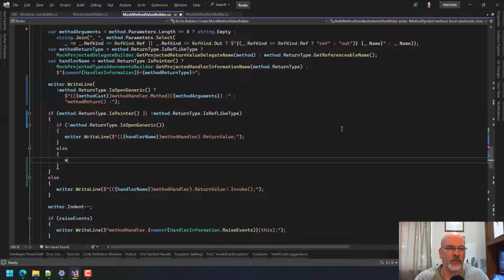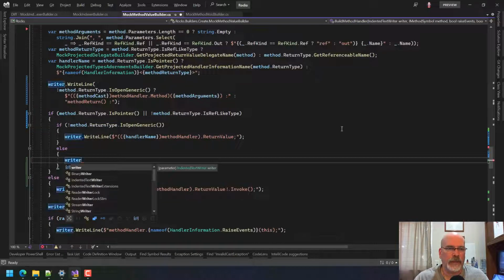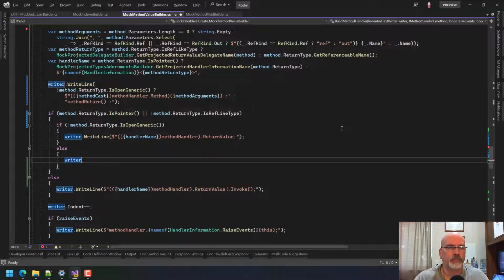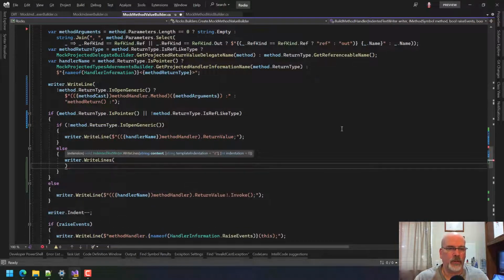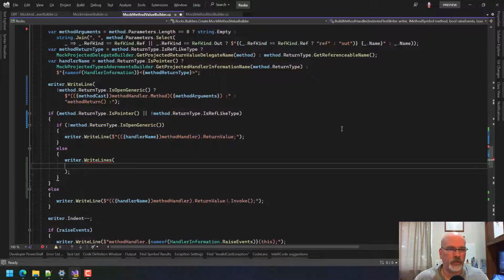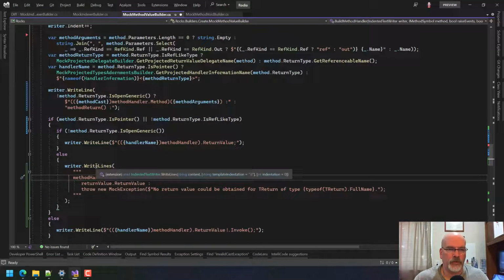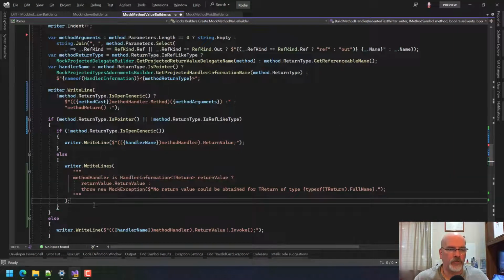We're going to do writer dot write lines. Okay. We're going to make that handy dandy extension method work. And write lines, I think I default to tab because yeah, tab is good. Tab is great.